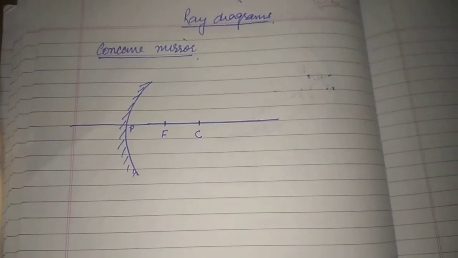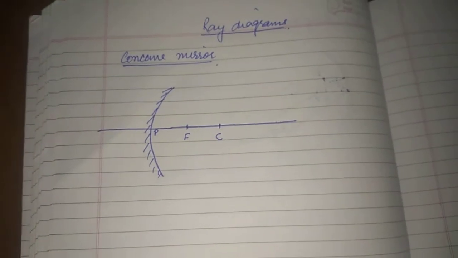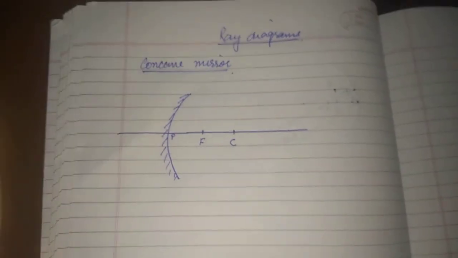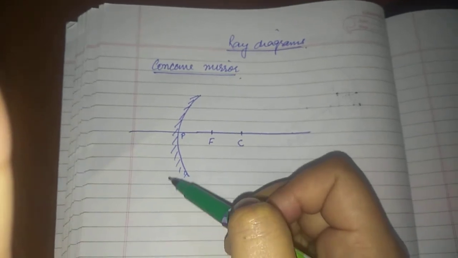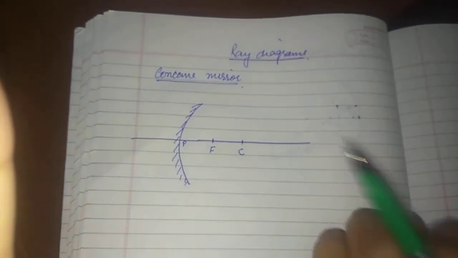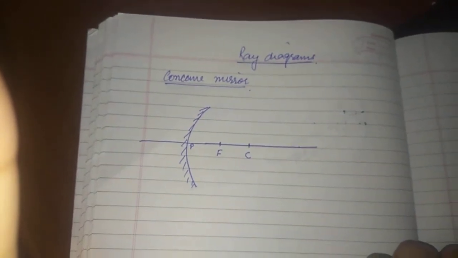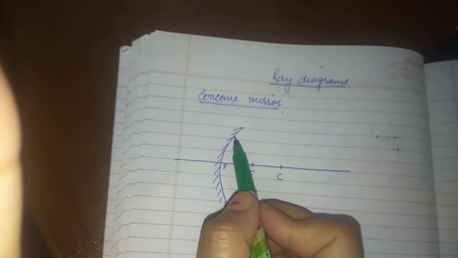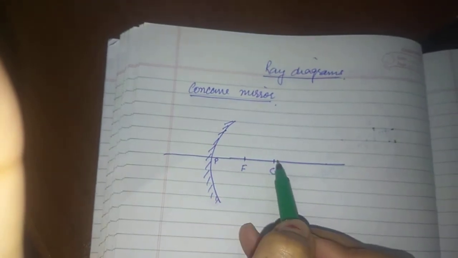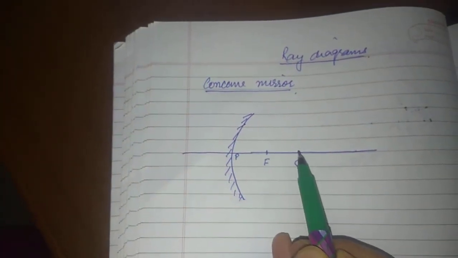So following the law of reflection, I need a normal. Let me tell you how we can draw the normal here. If you want to draw the normal at any point on the surface of the mirror, we know that the radius of a circle or sphere is always perpendicular to the tangent drawn outside the circle or sphere. Means if you want to draw the normal here, you simply join it with the center of curvature. If you want to draw the normal at any other point, you can simply join that point with the center of curvature.